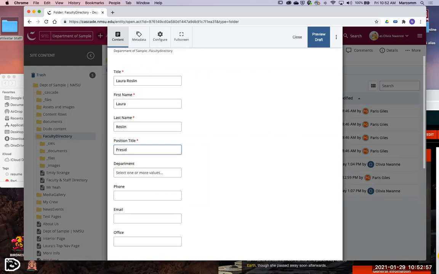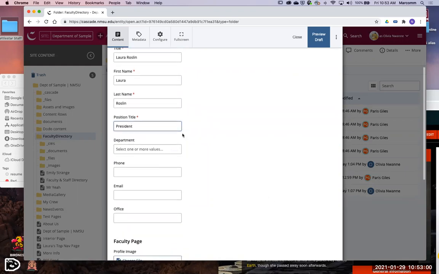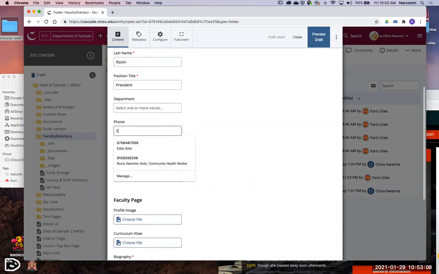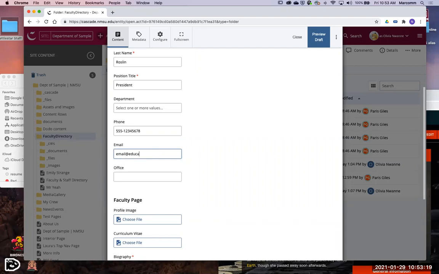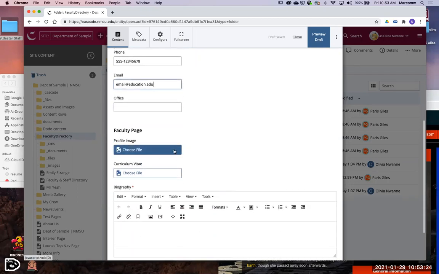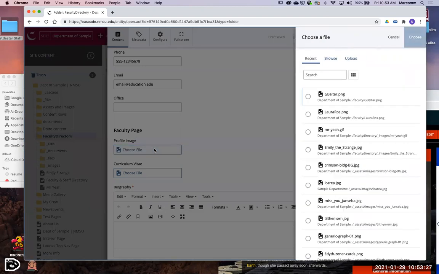Title, this is the actual title, okay? Department, we can configure these for you, but you're welcome to leave it blank. Our president's phone number. Email. You know how this works. And cool, they even have an option for us to upload their profile. Since I had already uploaded that picture earlier, I can choose one of these on the reset,